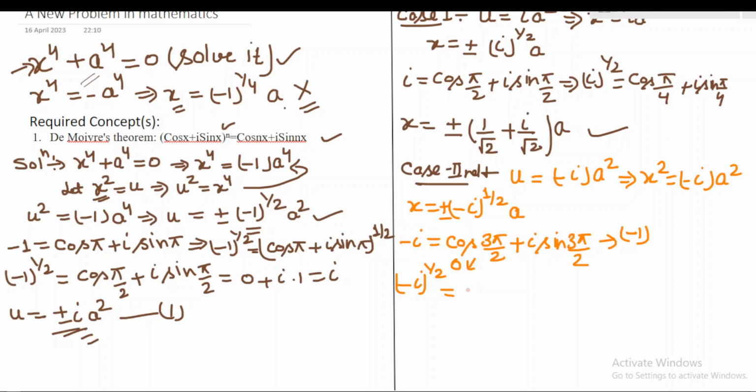That means we will have, by using De Moivre's theorem, cos 3 pi by 4 plus i sin 3 pi by 4. Okay, so as a result the values of cos 3 pi by 4 and sin 3 pi by 4 will be,